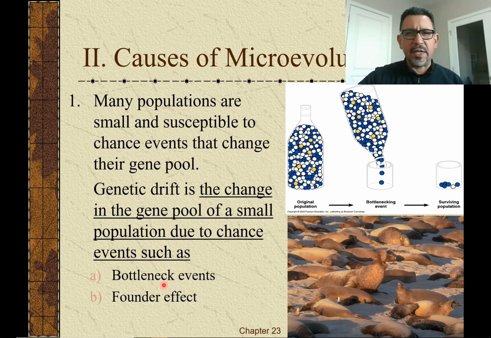And again, who can predict when a small population may fracture, splinter into two different groups, or when a natural catastrophe will come and wipe out most of the members of a small population? Nobody can predict. So that's the random nature of the changes that can be taking place here. So remember, bottleneck events and founder effect are going to be how in a small population there can be from one moment to the next a random change in the frequency of alleles.